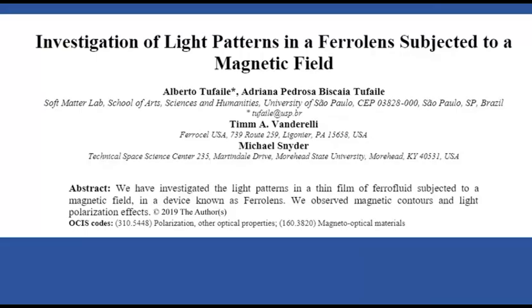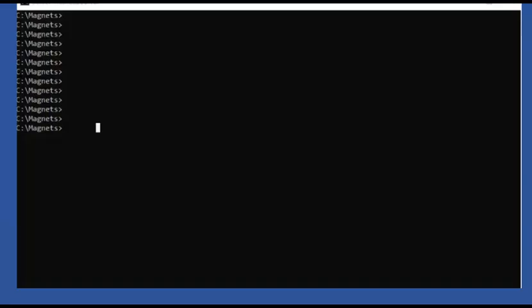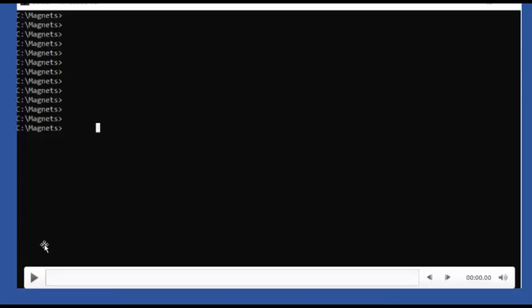Now, I'm just going to show you a quick demo of Michael's software. Basically, what you do is you input an image with red and blue colors. Red represents north and blue represents south, and then you run his software. It's just a command line, not really fancy. It's called pic2mag, and then you type in the name of the file that you created,